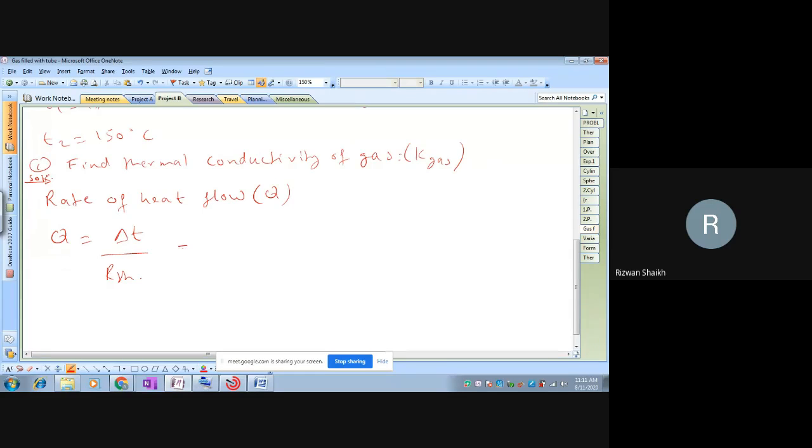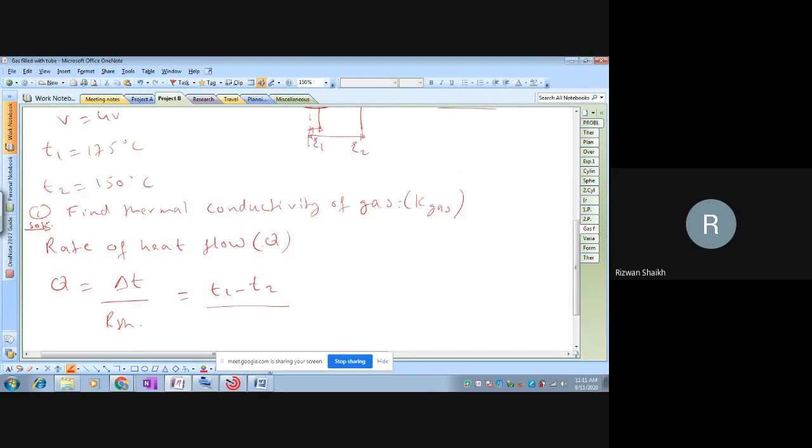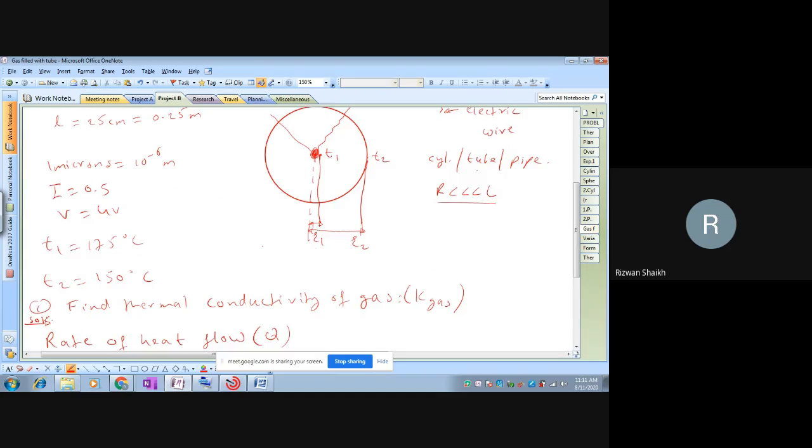Now what is delta T here? It is T1 minus T2. Okay, and now how am I getting RTH? If I want to draw the electrical resistance diagram for this, how can I draw? I can get only one resistance. This is your temperature T1 and this is your temperature T2, the initial temperature and final temperature. In between these two temperatures, we have only one resistance, that is RTH. And this is the amount of heat flow that we are considering.